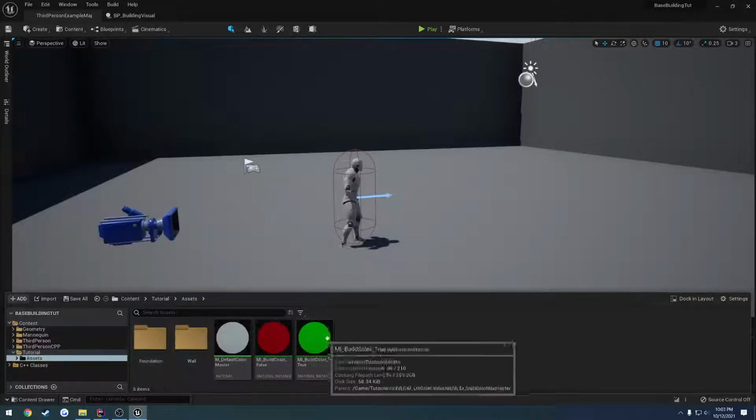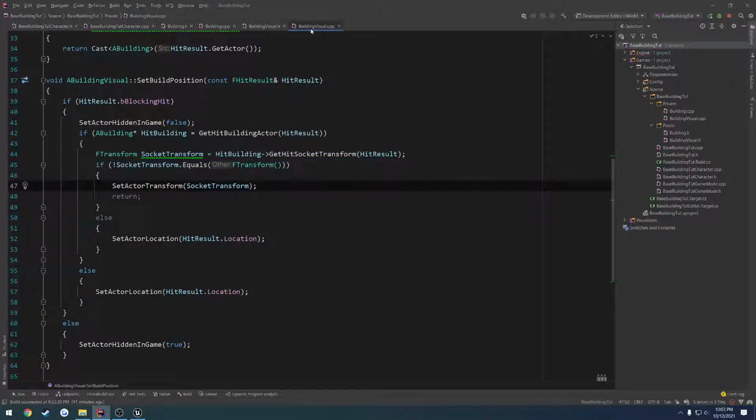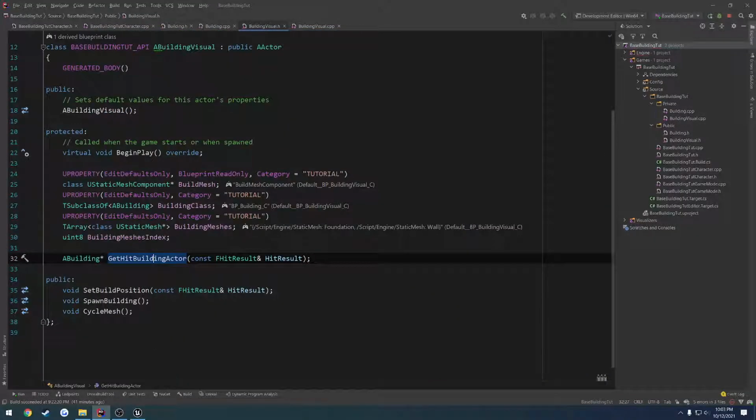Alrighty, in this video I want to make use of the building materials that we have set up. So when we are able to snap, or when we are snapped, I want it to be green. When not, I want it to be red. So to begin, let's head over to our building visual.cpp, go to our header, and we